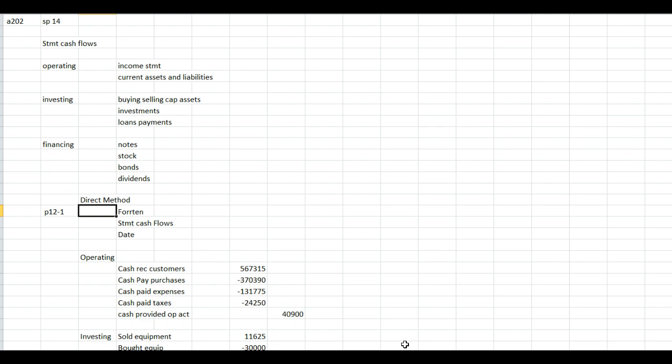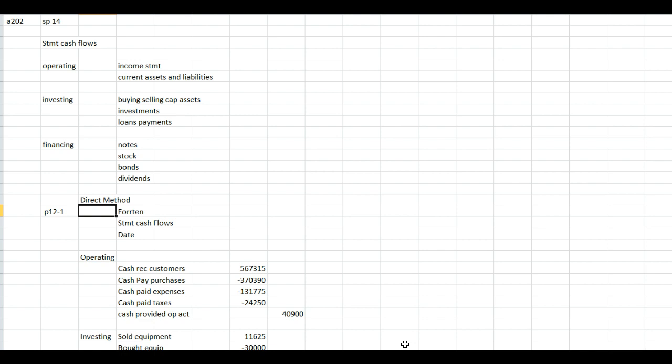Investments the company makes and sells, and loans the company makes to someone else and payments that come back from those. The financing section includes notes that the company signs, stock sales and buybacks, bonds, payment on bonds, and payment